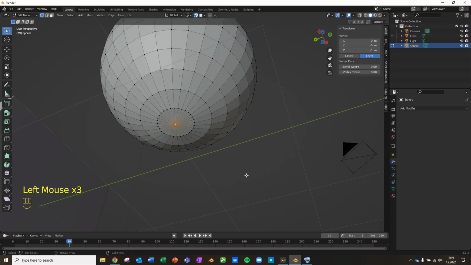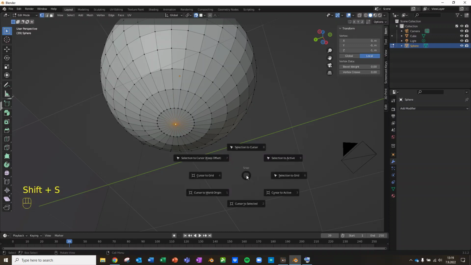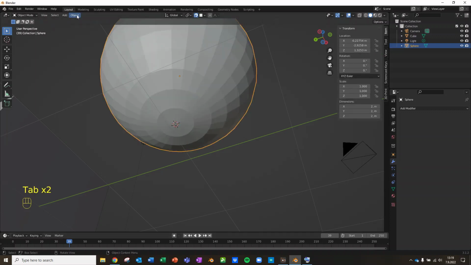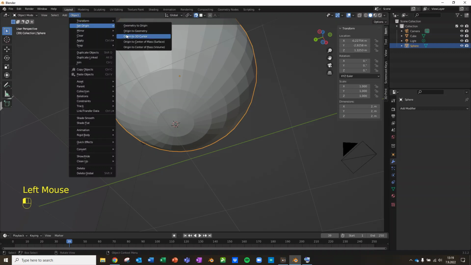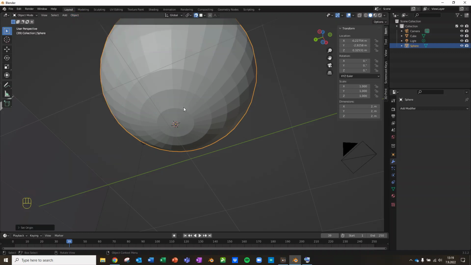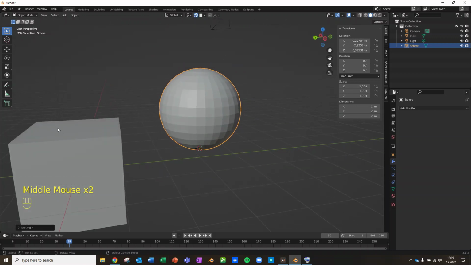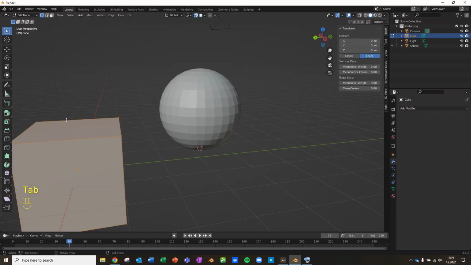Select the single vertex, say Shift S and snap cursor to selected. Now you have the 3D cursor on that single vertex there. Go out of edit mode with the tab key, say object, set origin, the 3D cursor. Now this ball has the origin at the very bottom. You go here into your cube